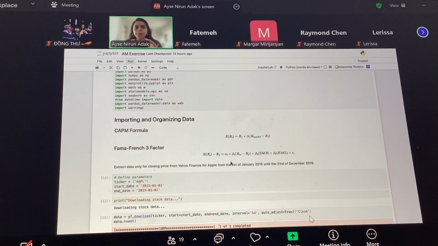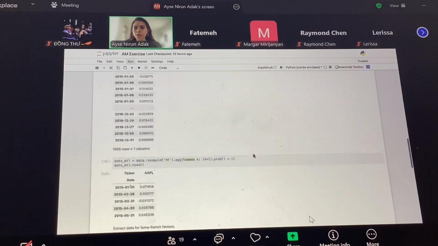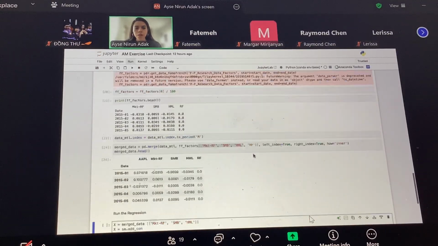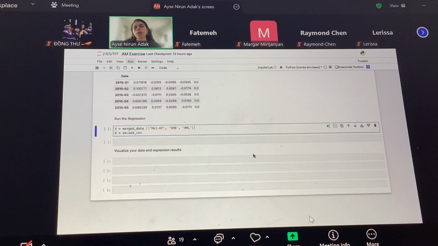Alpha is, how can I explain, like the non-used excess returns in the formula. I would say it's the extra things that are not that important to put as a factor, but we have to of course calculate that too. So I calculated with this comment here, and I write the constant and constants